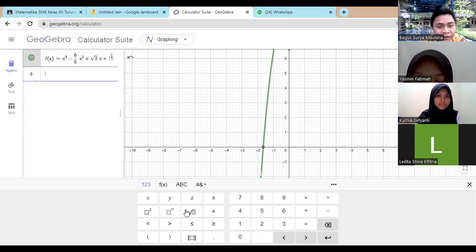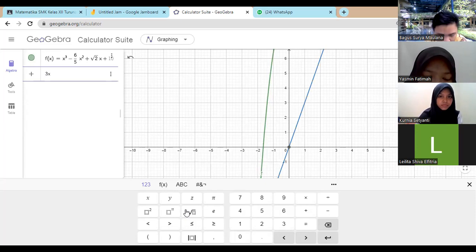Okay, the derivative of it, we can know that is 3x to the power of 2, because the 3 goes down in here, and then we subtract 3 with 1, and then we get the 6 over 5 in here becomes 12 over 5